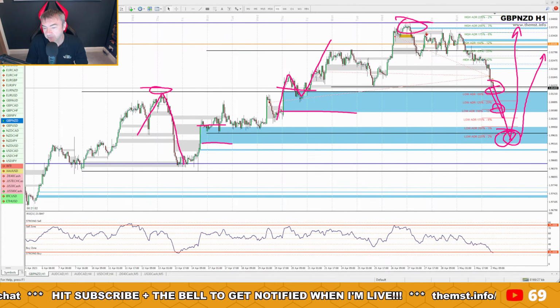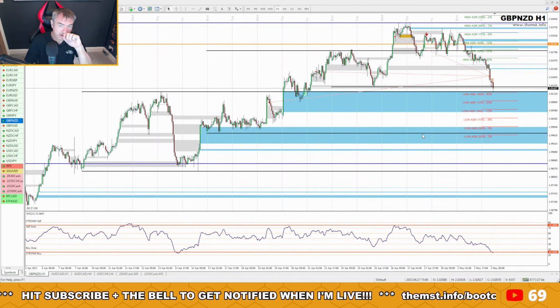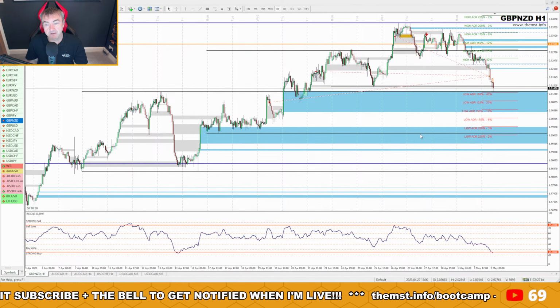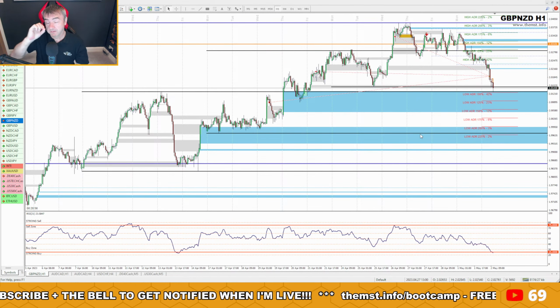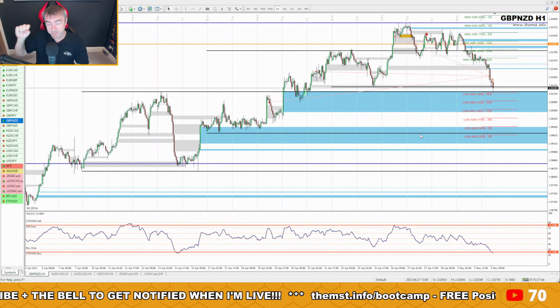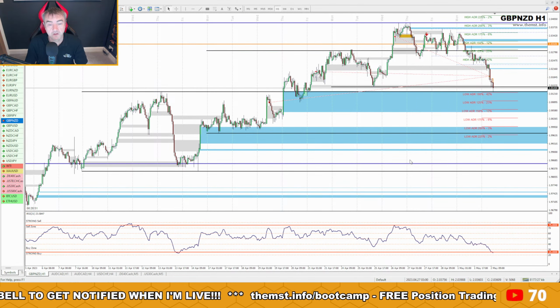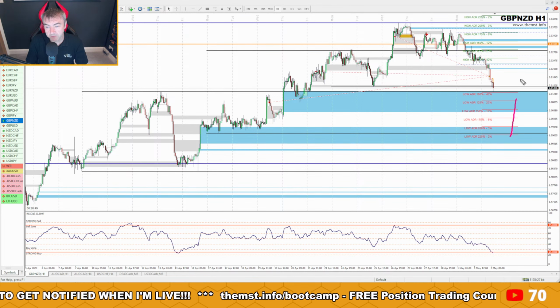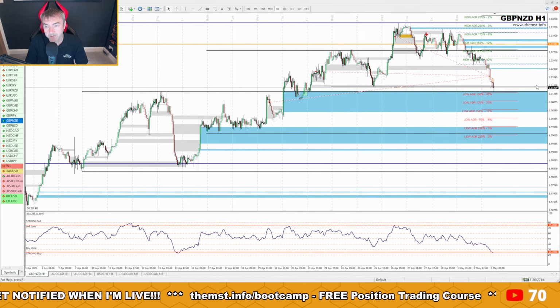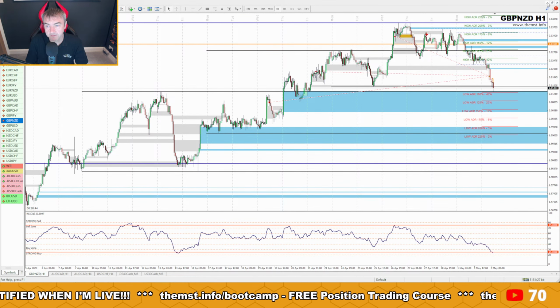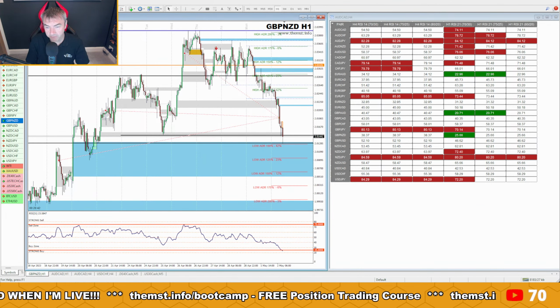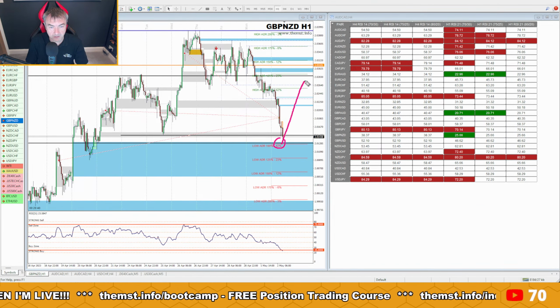If we get interest rate rises on the pound, which we will do, and then they come out and say we are doing this, this, and this over the next quarter, and they're clear about interest rate rises up to 5% over the next sort of 2 to 3 months, we could see some really good, strong moves on the pound. So pound New Zealand at the moment getting to a point where potentially it could bounce back up into,